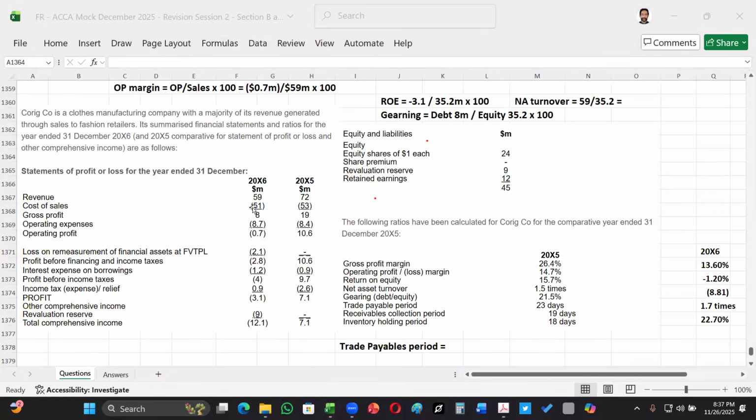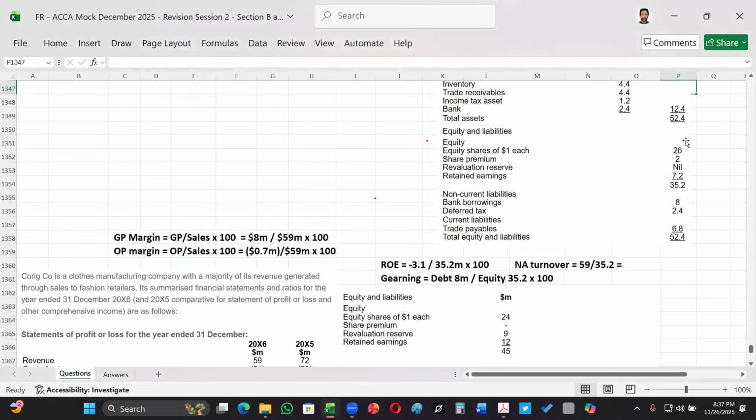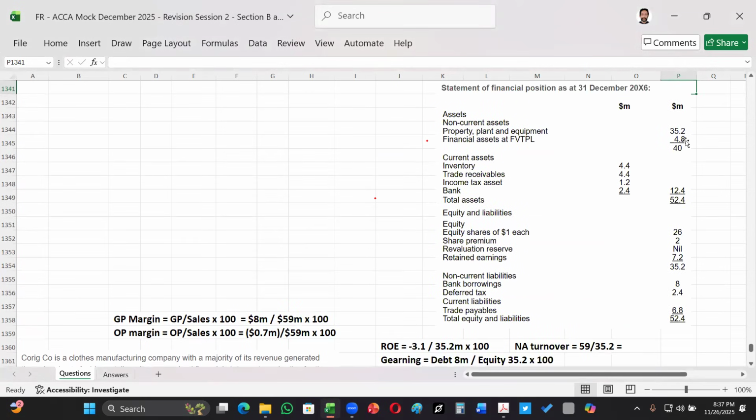No, that's not the case. This is just a coincidence in this question that the net assets and the equity are equal. So don't get confused by it. You see the total non-current assets are a different figure, so you cannot just substitute the equity for net assets. The students who were looking at this figure are getting confused by the equity. In this specific question, we have the property, plant, and equipment of 35.2, and the equity is also 35.2. So this is just a coincidence, fine? So don't get confused by that.